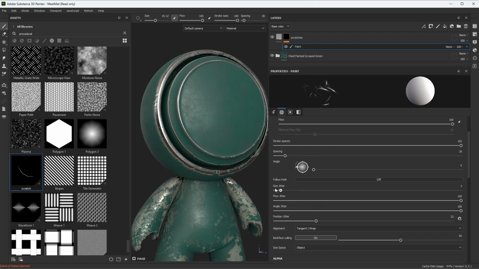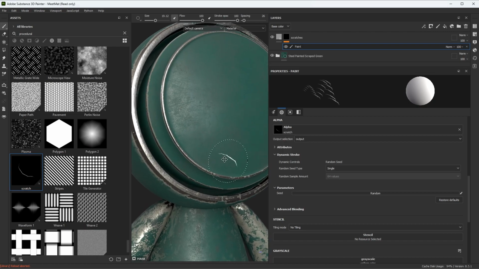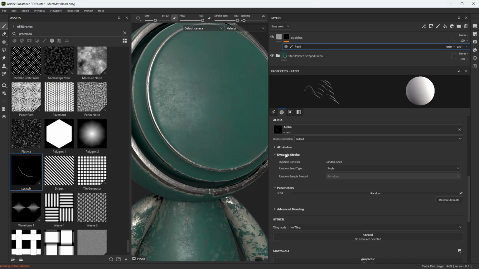And what I'm going to do is just set all these to 0 so that you guys can get an idea of what I'm working with. So we'll set that to 0. Let's go back here to our alpha. What I would do to start is just grab my scratch alpha and drag and drop it here as the alpha input. Now you can see that because we are working with randomness, there is a dynamic stroke